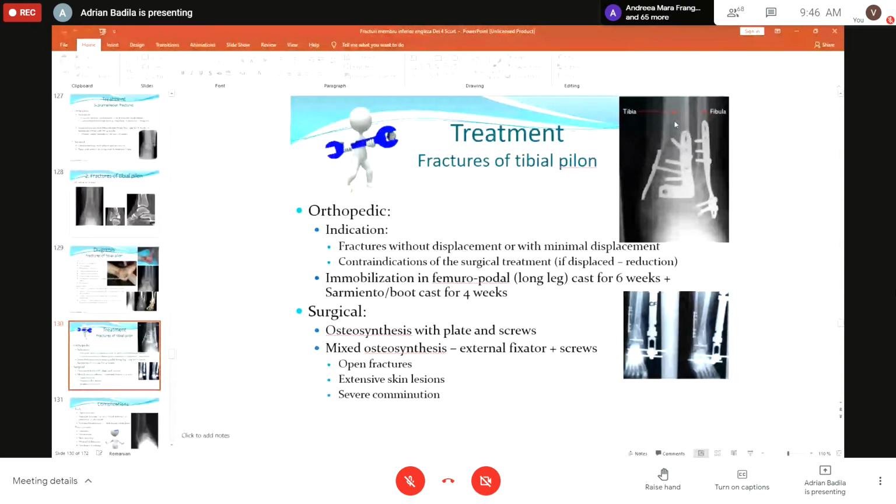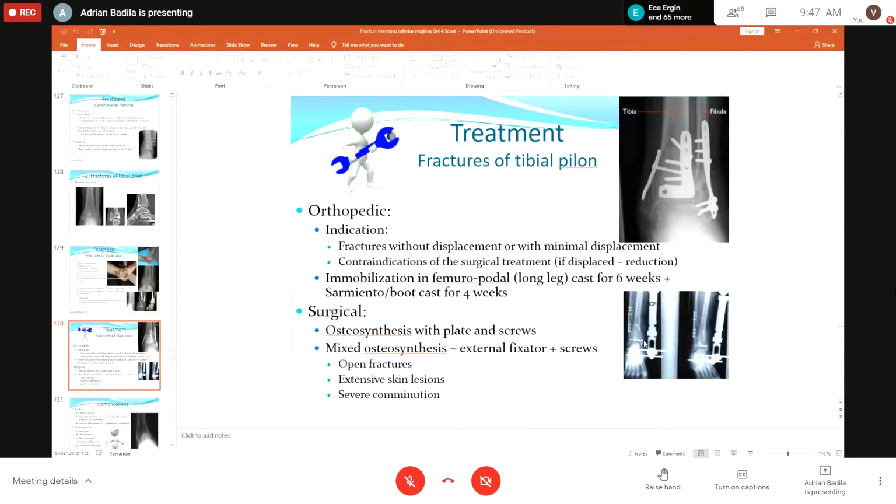As you can see here, we have a fracture of the tibial pylon fixed by a plate. And we have also a fracture of the lateral malleolus treated by reduction and osteosynthesis with plates. We have a peculiar type of osteosynthesis which can be performed here, but also in other regions, and this is the mixed osteosynthesis. The mixed osteosynthesis means the association of an external fixator and some screws introduced by